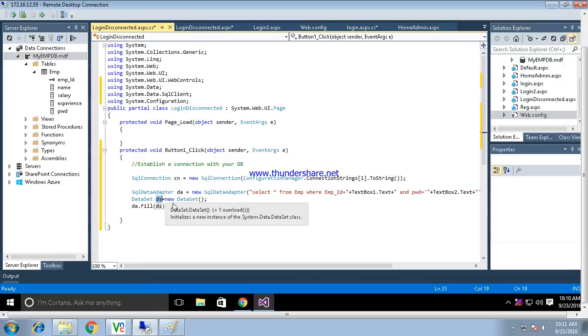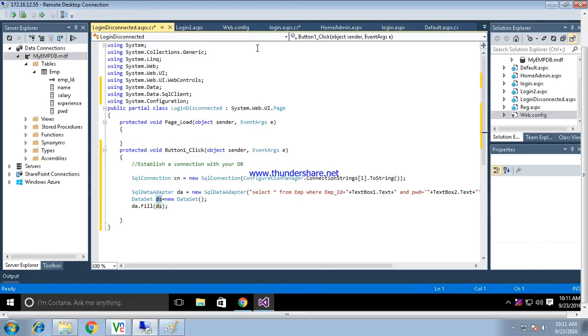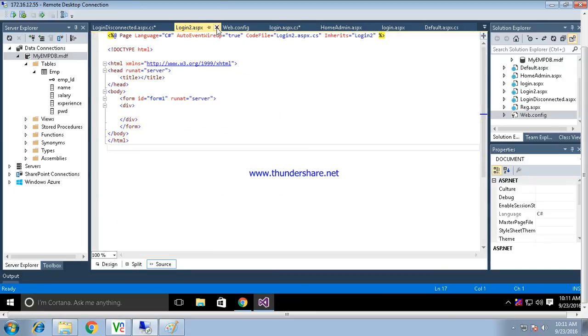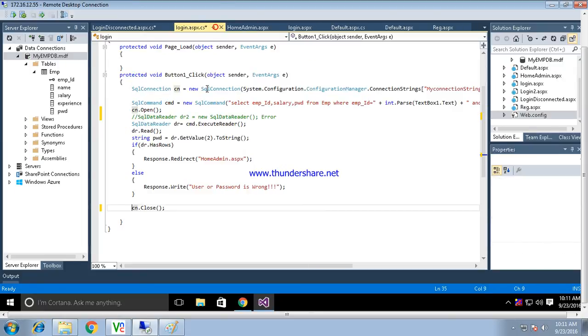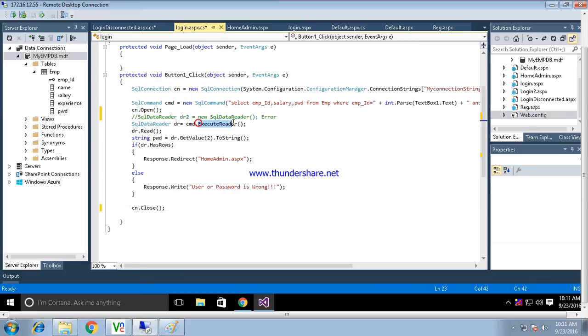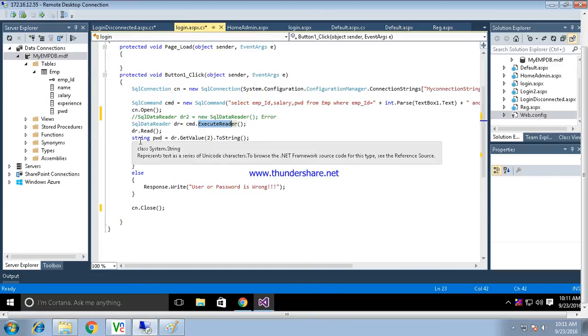But the crucial difference between the connected and the disconnected architecture is this. This is the connected architecture that we have discussed. Within a connected architecture, we are using the SqlDataReader method. Over here, we are using the Fill method of the data adapter.